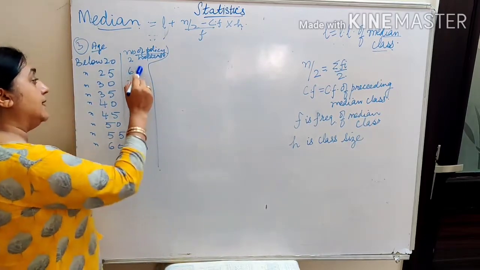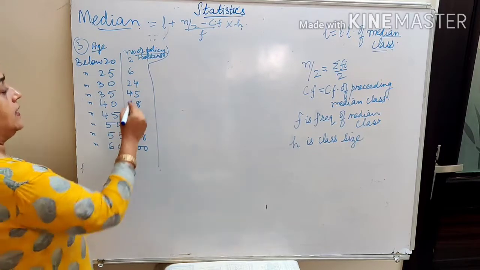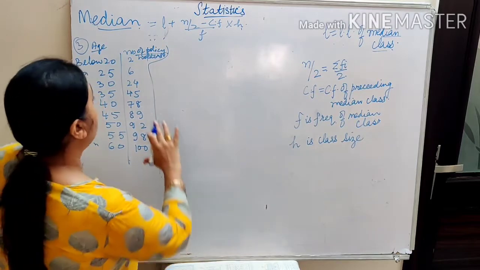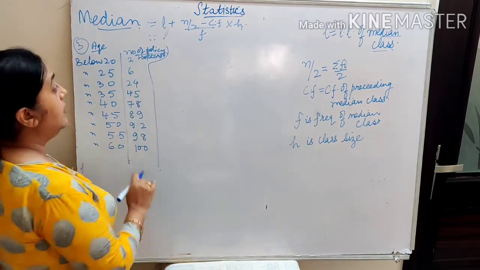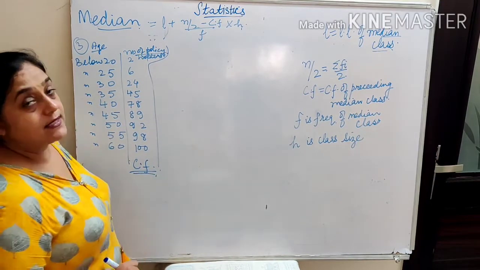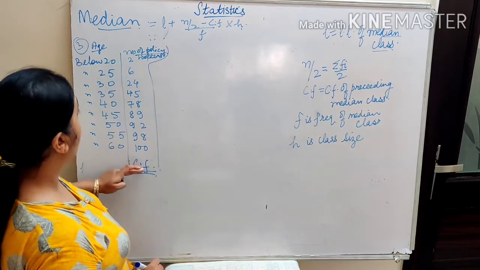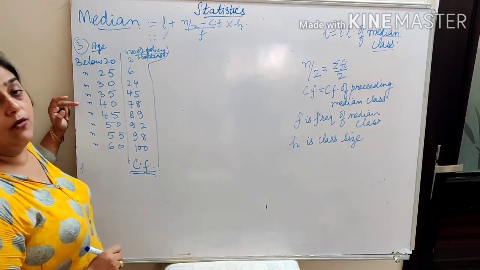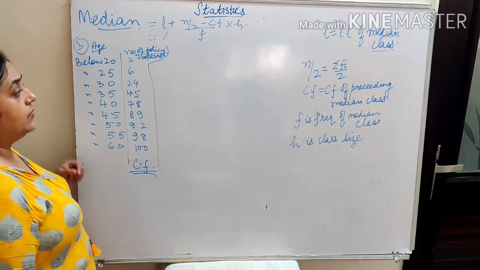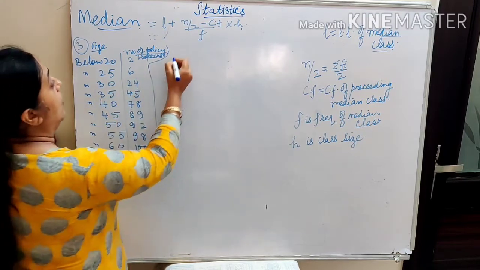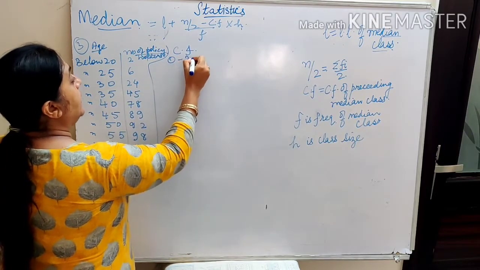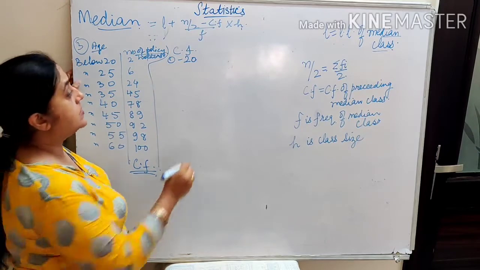Can you see the pattern in the frequency? Please check. In this case, frequency is in increasing order. That means this frequency is cumulative frequency. Frequency is in increasing order and here the data is in below form. So now we have to convert this into class intervals, and we have to find out the frequency also. Let us see how. Below 20 means 0 to 20. Right? Below 20 means this only, 0 to 20.